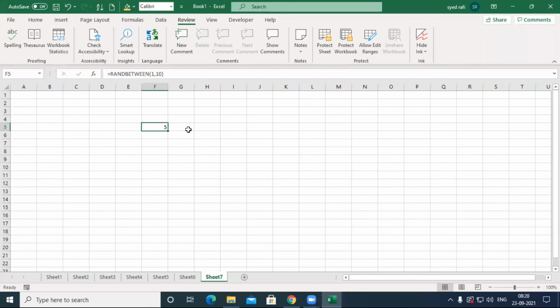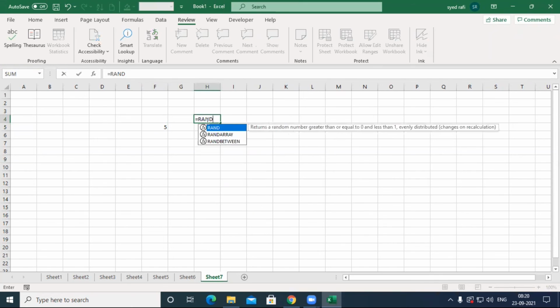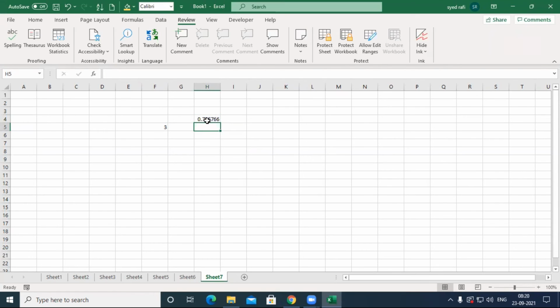Those functions are called volatile functions. Equal to RAND is also a volatile function. RANDBETWEEN, RANDARRAY, these are volatile functions. Whenever any cell changes, the values will automatically change.